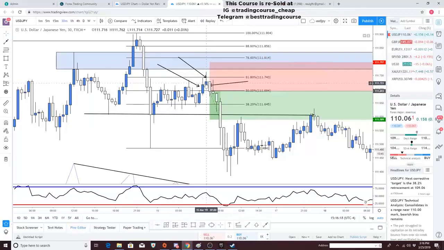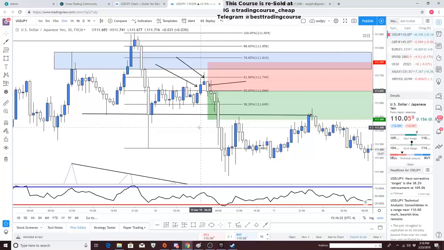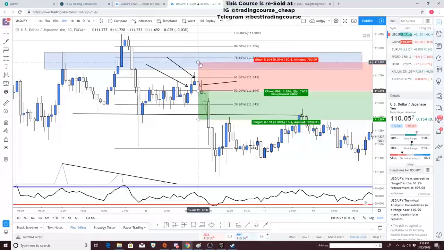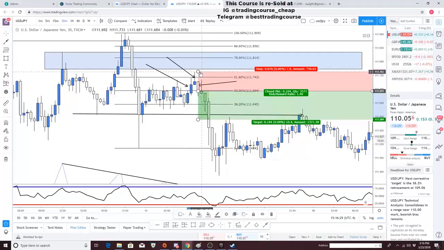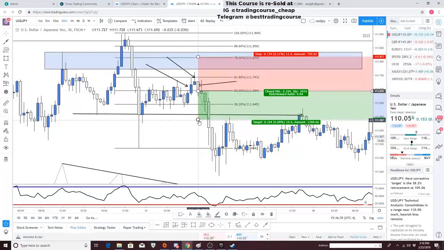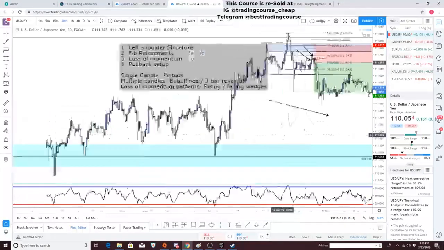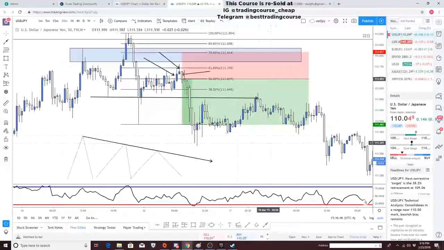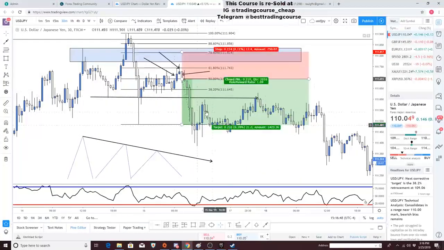You have to make sure it closes under the low of the previous candle to verify the actual formation of the candlestick. And now when you're talking about stops, when you're backtesting this pattern, you need to have very specific rules for your entries and very specific rules for your stops. I normally like to put it 10 pips above the high, and I'll be looking for an extension level. So once I'm at a 1-to-1 risk reward ratio or 1-to-2 risk reward ratio, depending on the setup itself,